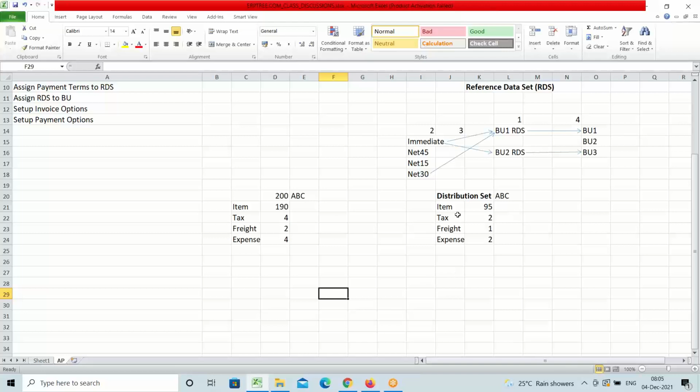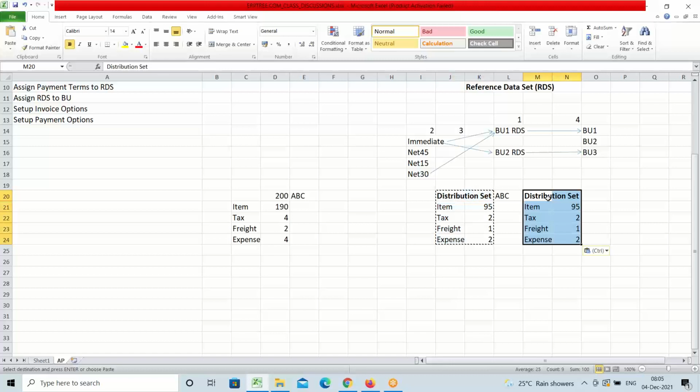Say for example, I'll create the distribution set with accounts. Say these are the various accounts and percentages. Sometimes I may not be aware of the percentage, but I am very sure that if I purchase something,